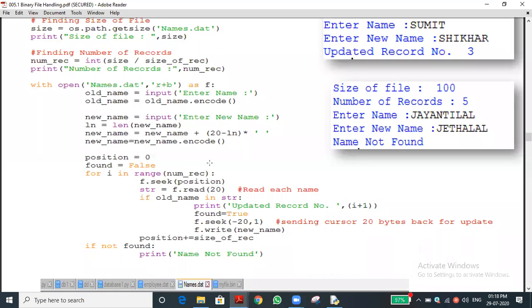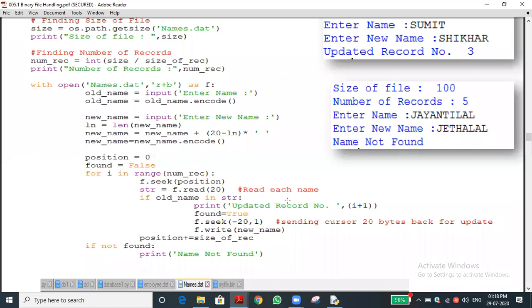We are keeping the cursor, I mean the file pointer, at the 40 position. Again it will read the rest of the names. Likewise it will read all the names, because many Sumit may be there. One Sumit and second Sumit also may be there with two names. Yesterday we discussed that two names are found. Have you understood my point? What I'm coming to tell?